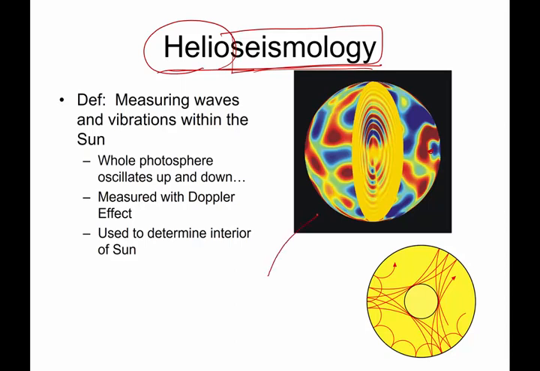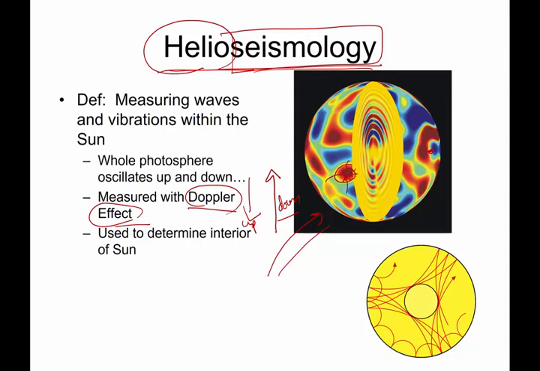So how do we detect earthquakes or sunquakes? The way we do this is with the Doppler effect. If something happens to be moving towards us, the frequency is going to go up. And if a light source is going away from us, the frequency is going to go down. So if we look at various parts of the sun with the Doppler equipment to actually measure slight differences in wavelengths from the light emitted from the star, we see huge areas of the sun that are, like this is red,